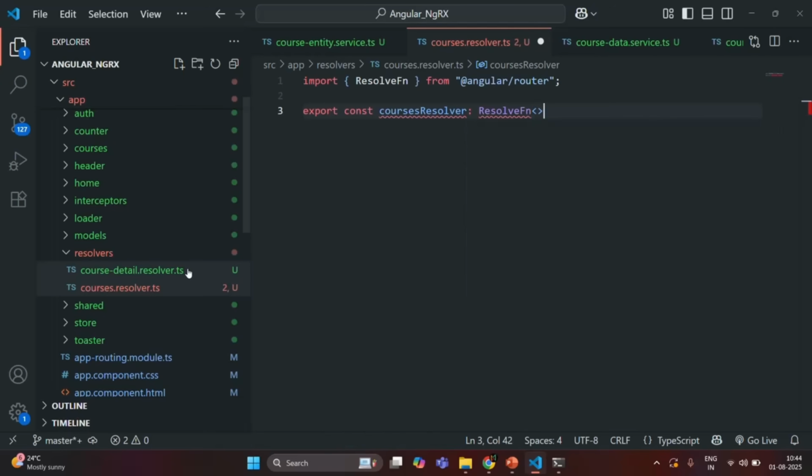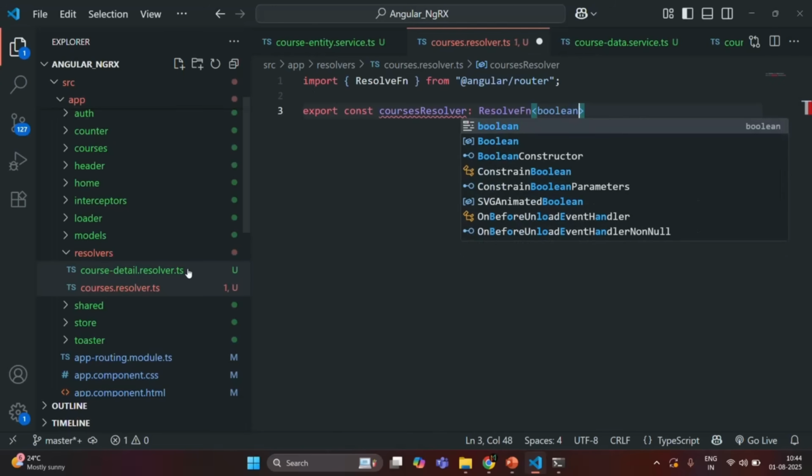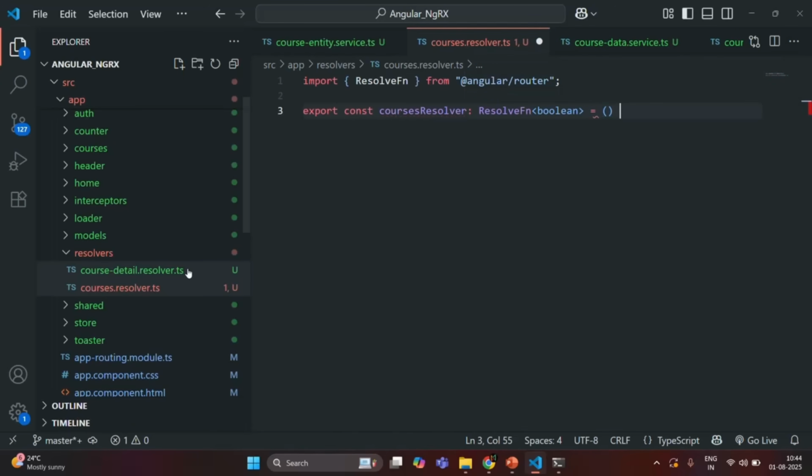Okay. And what type of data is it going to return? It is going to return a Boolean value. And here I'm going to use arrow function syntax to create this function. Now inside this coursesResolver, we are going to write logic to check if the courses data is already loaded. If it is already present in the store, then we want to read it from the store. Otherwise, if the courses data is not present in the store, then only we are going to make an API call. Now, how are we going to know if the courses data is already present in the store or not? For that,